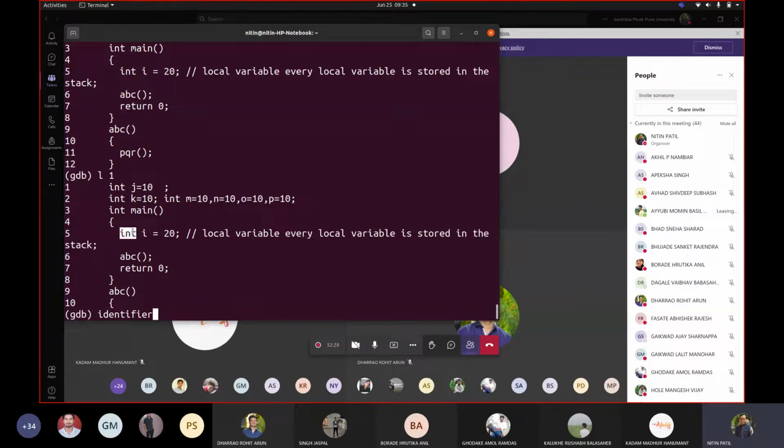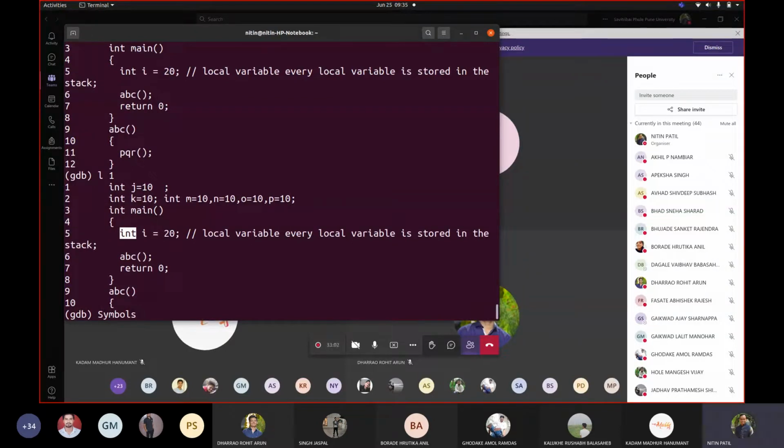Now type would be based on the values they are holding. And when I'm talking about type, I'm not talking about values. I'm talking about categorization, that J, K till P are global variables. I is a local variable. Main is a function. ABC is a function. PQR is a function. Correct? Now, when this information goes to the executable, if I say they all are identifiers, can I call them symbols? They are just symbols